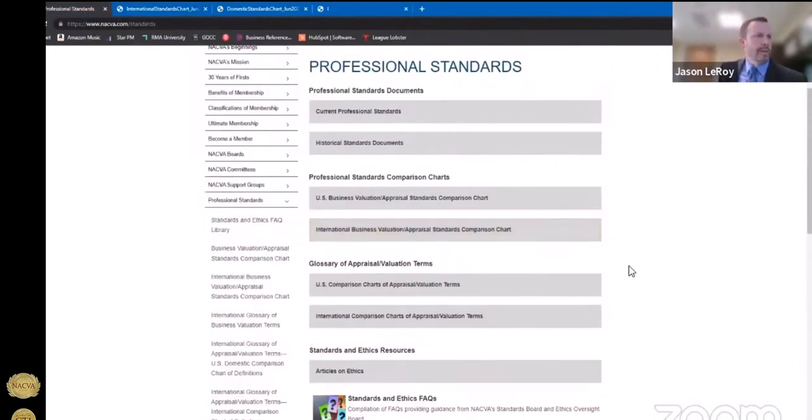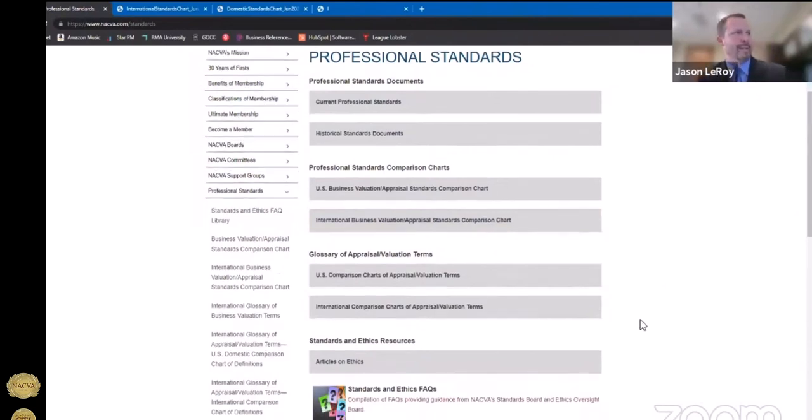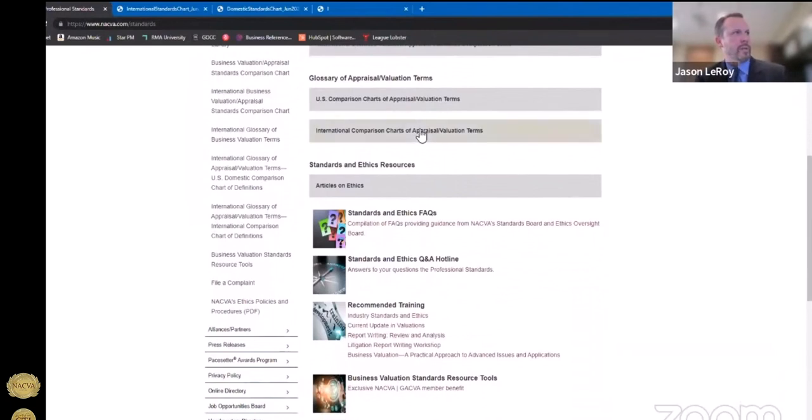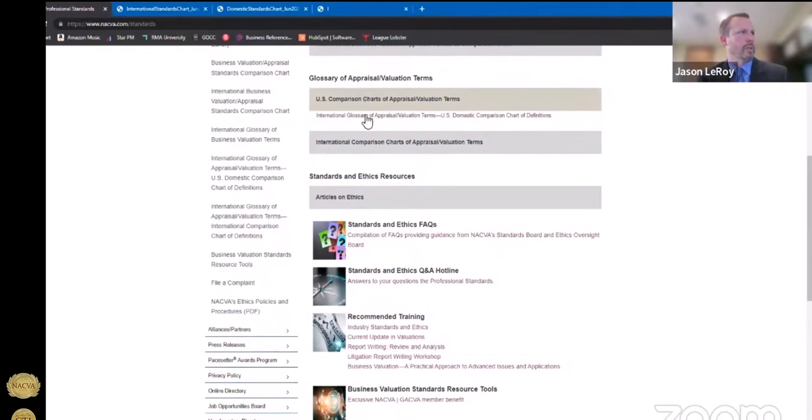Another tool or resource that the standards board is in charge of maintaining is a glossary comparison. So we have 2 links here. One's to a domestic glossary comparison, then we have an international one. If you click on this domestic international glossary,